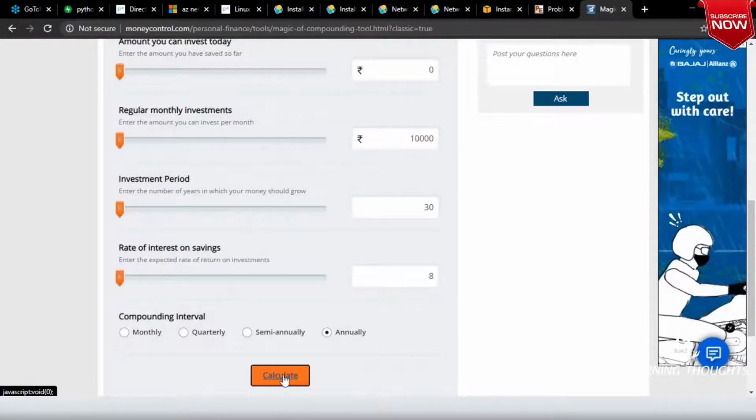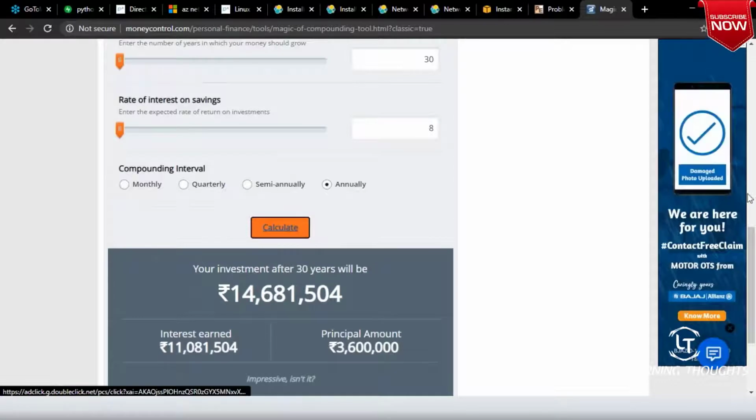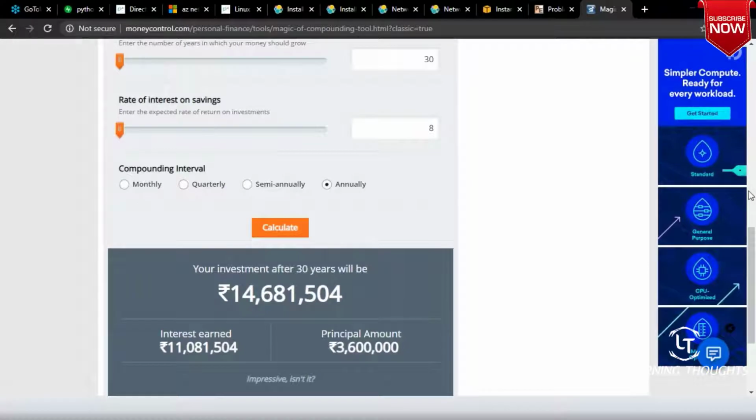Now if I do this, what is the amount which it is trying to tell? Can you please tell me what is that amount? Yeah, 1.46 crore.